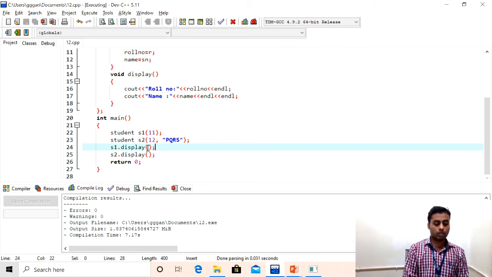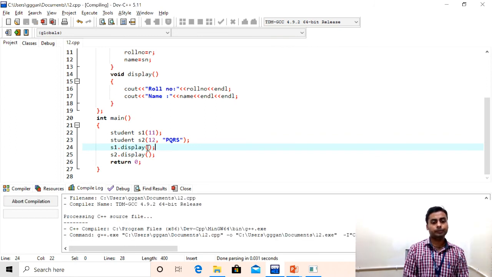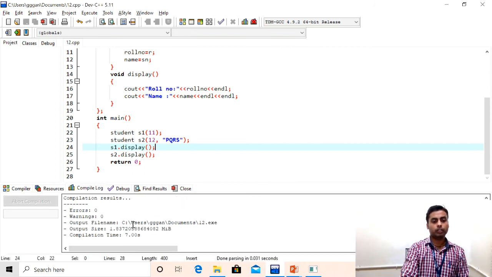Save this and compile it again. Here we will see whether there is any error or warning. You can see 0 errors, 0 warnings, and now just run it.